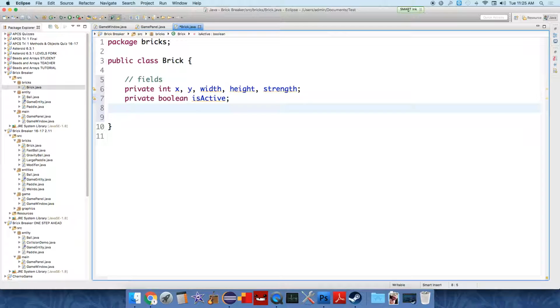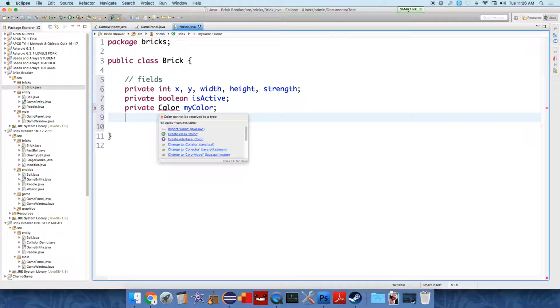I've chosen in this program to give things names and break them apart. So in some situations they're not structured quite as elegantly as they might be, and they're not quite as efficient as they might be, but I've tried to give things names to really make clear what's going on. And then we're going to have a private color object to keep track of the brick's color, and we can just always call that my color, or you could call it C. We have to import color, and then we're going to create a constructor